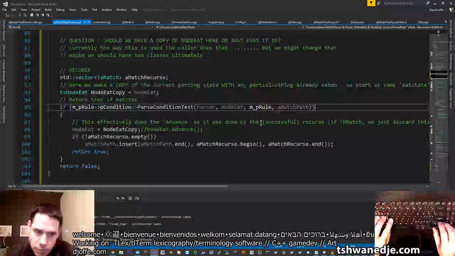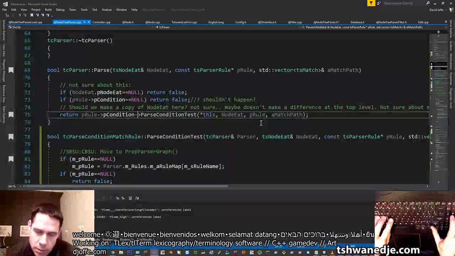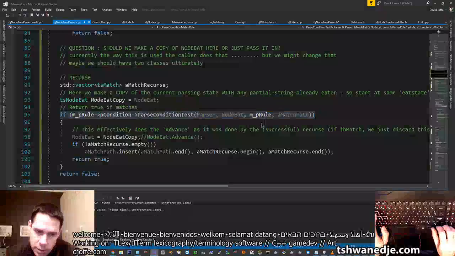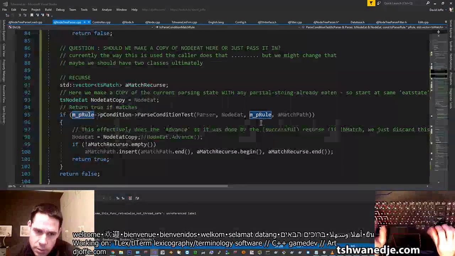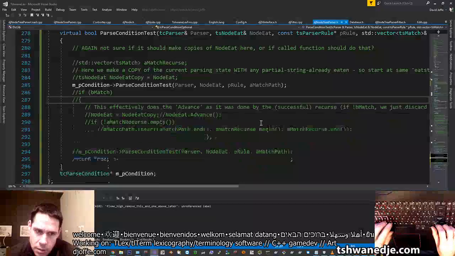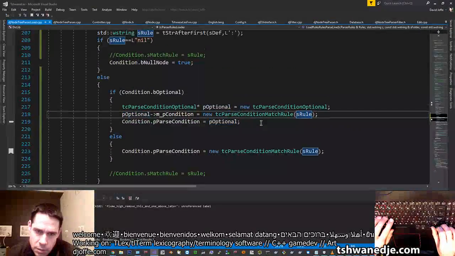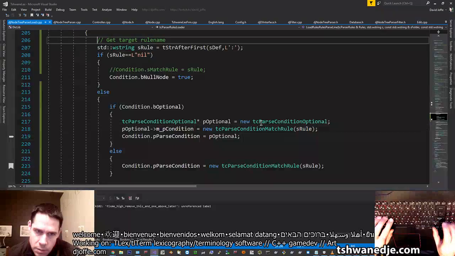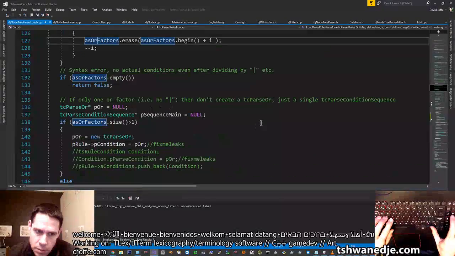and if rule the condition, unless I've created, unless it's pointing to the wrong rule. Let's just see. I doubt it though. This rule is